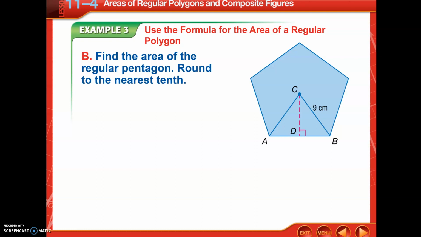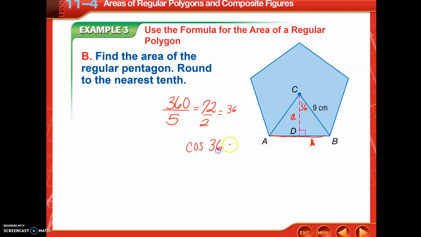So we are going to take 360 divided by 5 in this case, so we get 72. And if I divide that by 2, that's 36. So this angle is 36. I'm going to need the apothem, and I also need this whole side length. So I'm going to have to use a little bit of trigonometry. I have the hypotenuse, and I need the height, or this adjacent side. So I can go